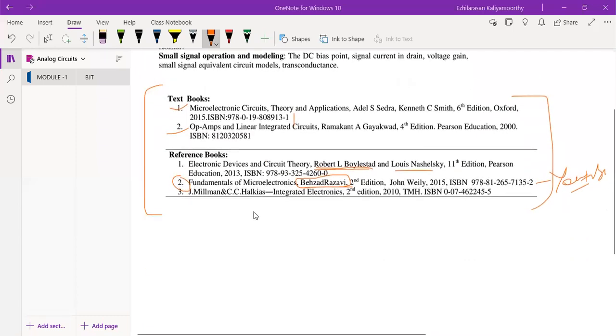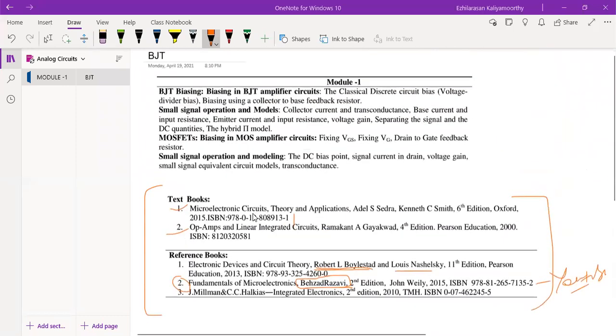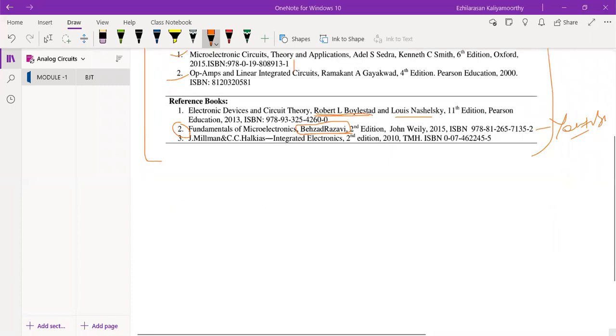Okay, so let us start with the beginning, the BJT. As we know, the BJT is nothing but a bipolar junction transistor. Bipolar, in the sense that the current will enter in one direction and leave in the other direction, like in two-way. The second thing is, if I want to say